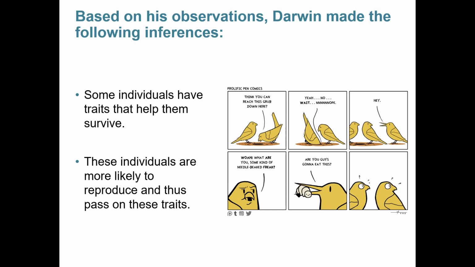An example of this is shown in this comic over here by Prolific Pen Comics. Two birds are sitting thinking about how they're going to get access to a grub down at the bottom. One of the birds tries, but he can't reach, and another bird shows up with a different sized beak. They make fun of him for it because he looks different from them, but it's easy for him to get the food, and they're surprised. This bird is going to have an advantage. He's got to eat the grub, so he's going to be healthier and have more energy to expend on finding